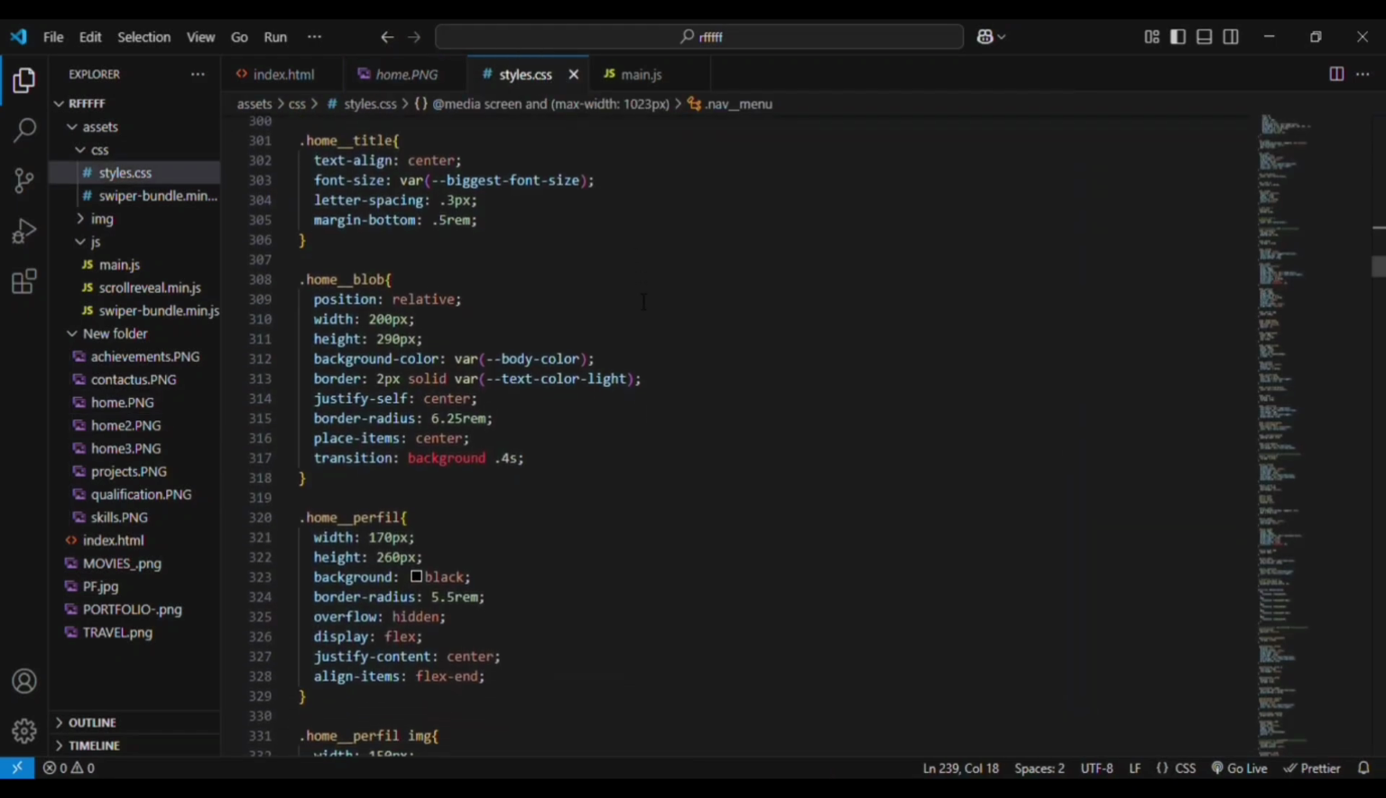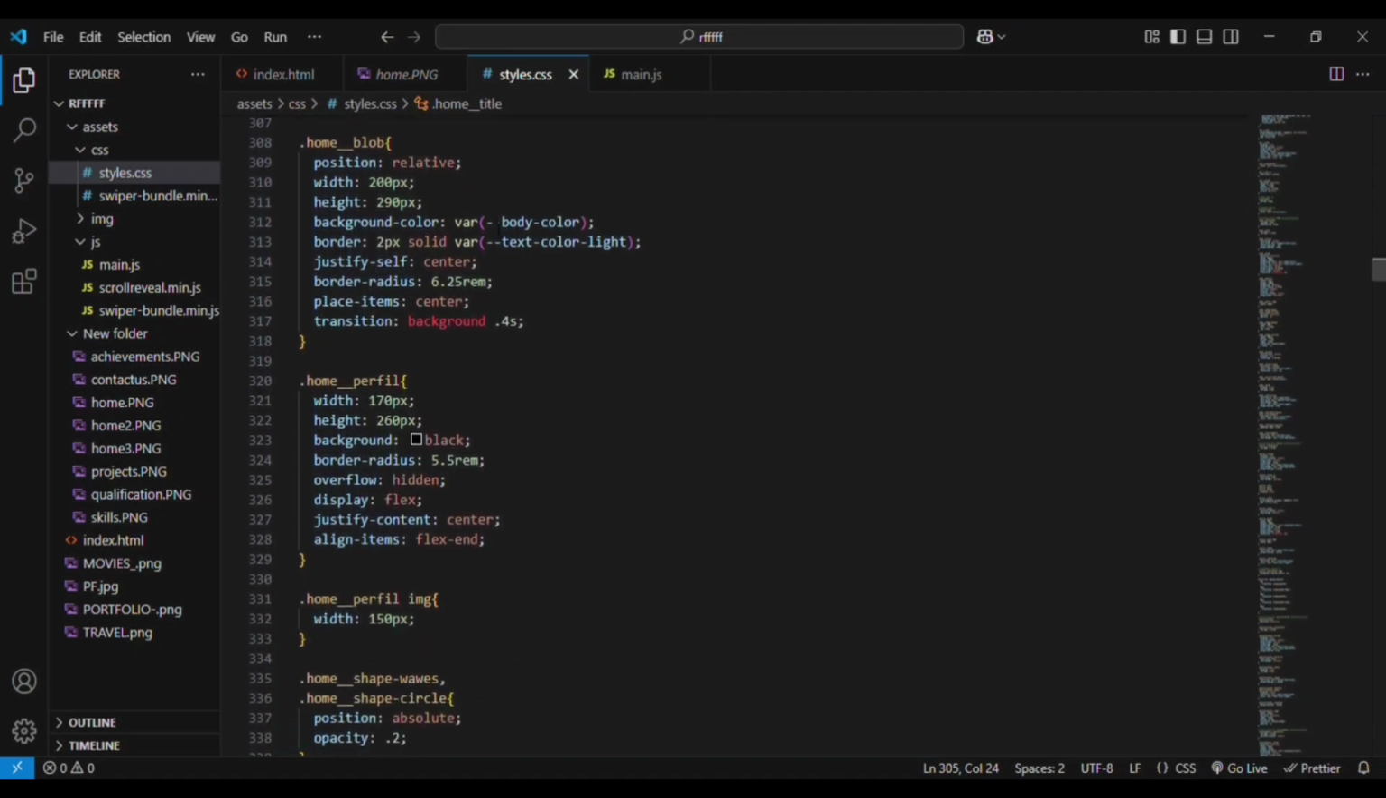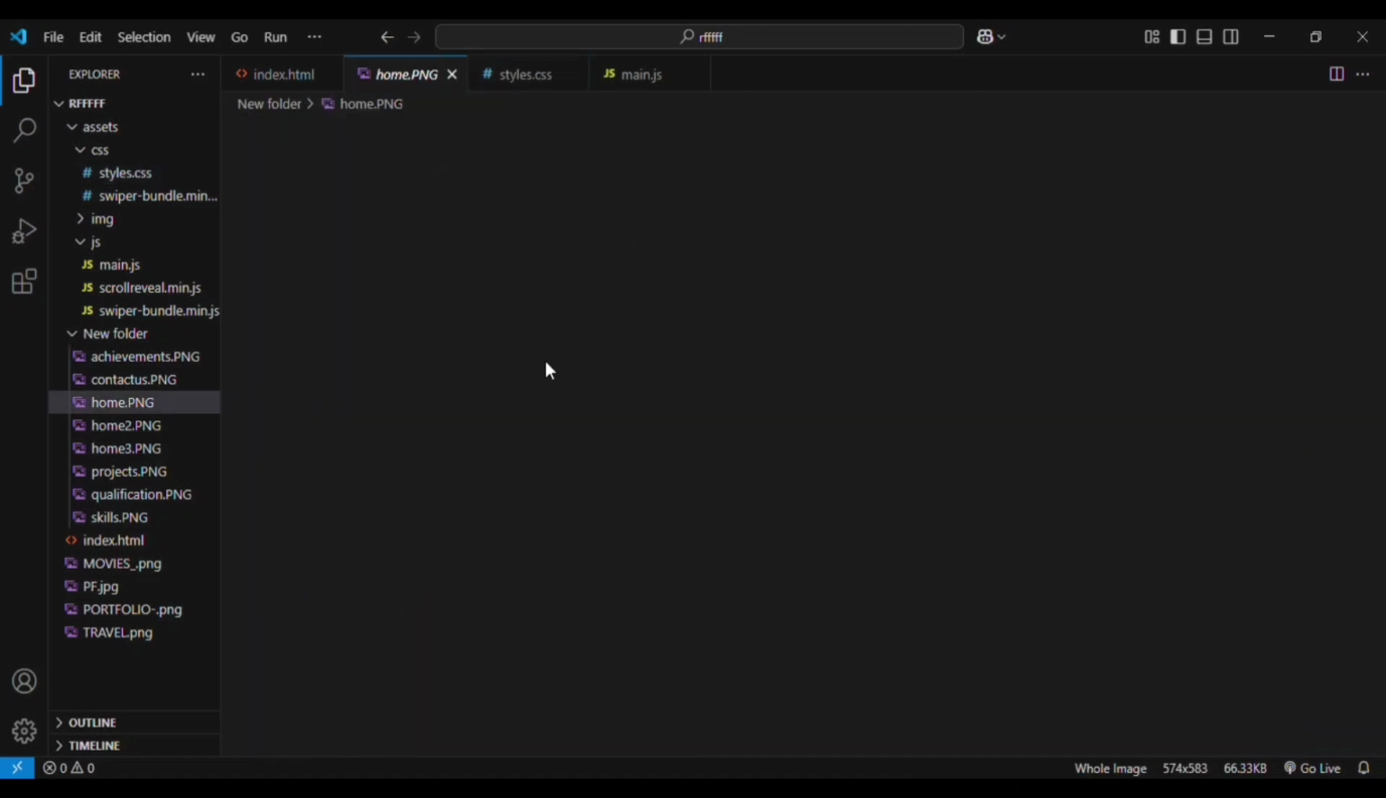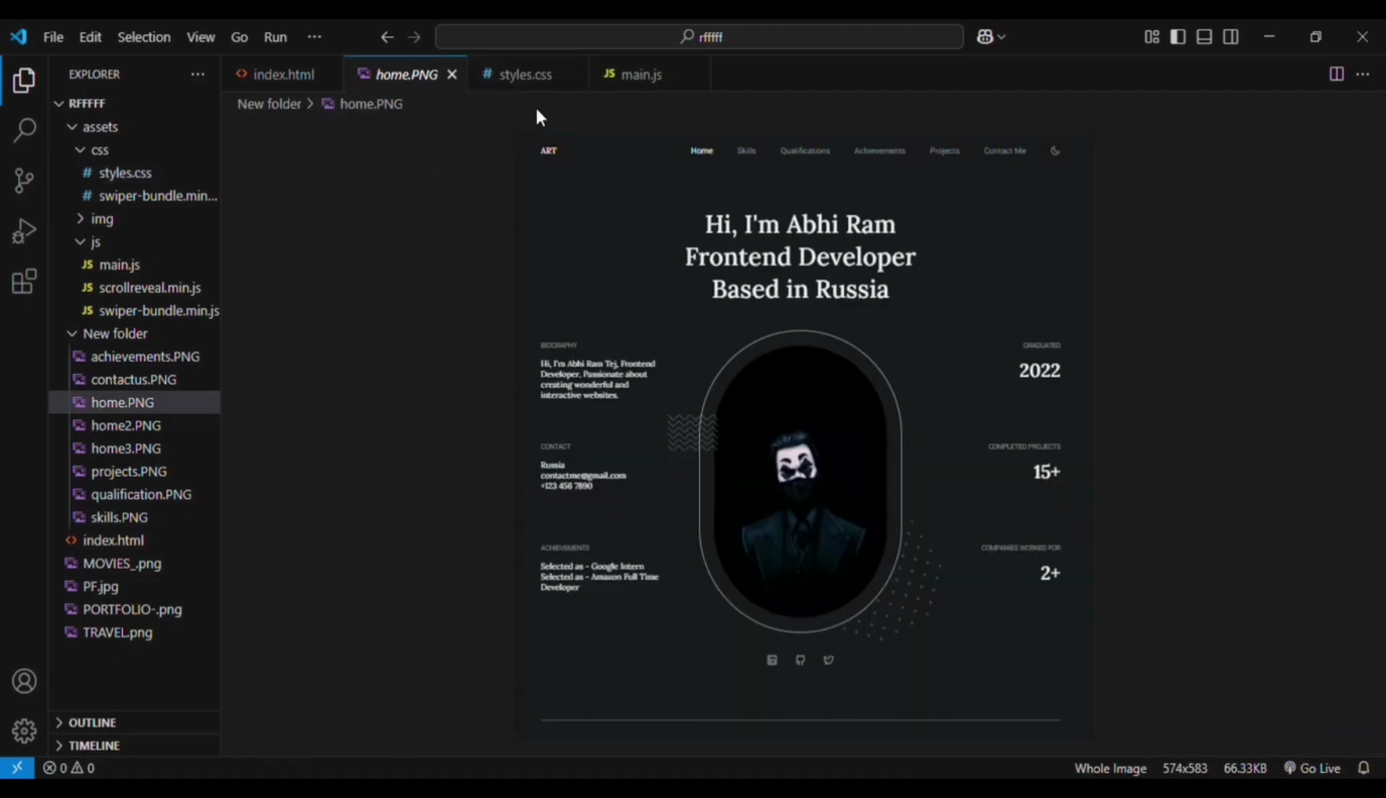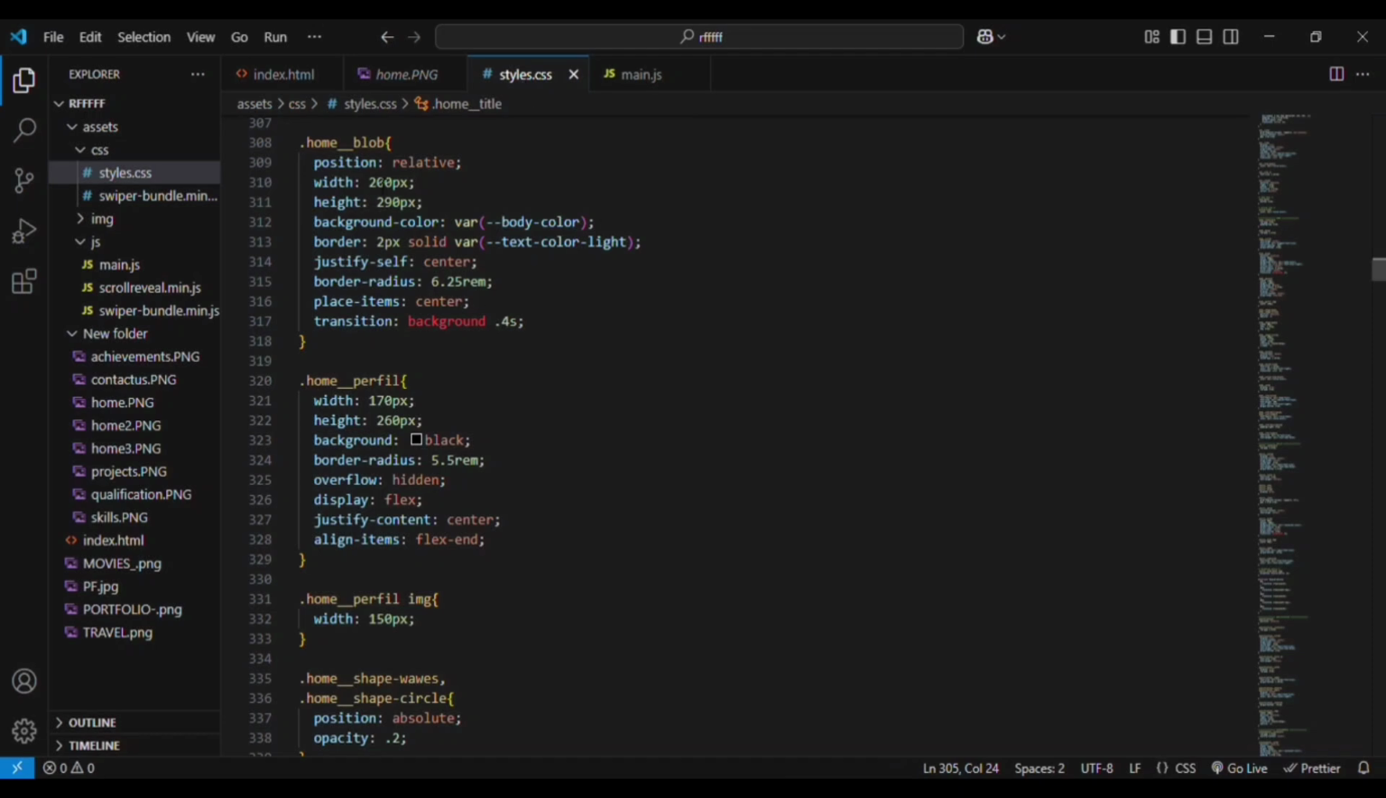For the home title, we are adding it as a section. It's exactly at the center. The spacing is 3rem, margin bottom is 5rem. For the home blob, we are giving position relative, width 200 pixels, height 200 pixels. This is nothing but the circular one. For that, we are creating values, that is 200 and 290 is the height. That is the reason you can see an oval shape